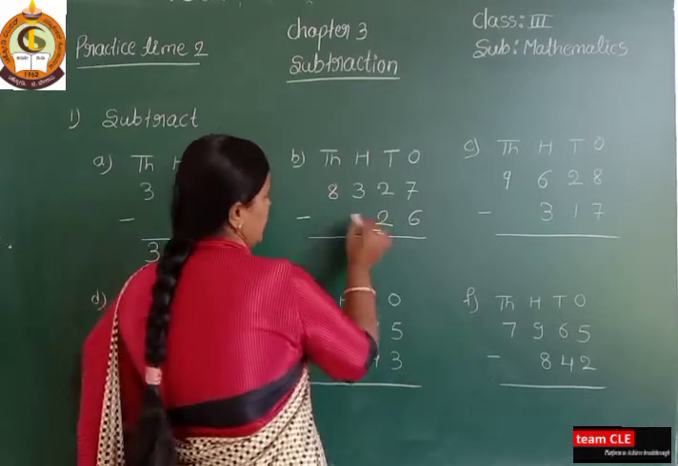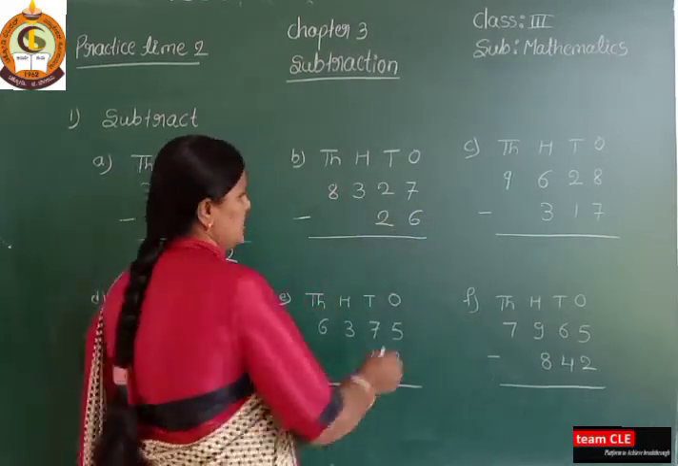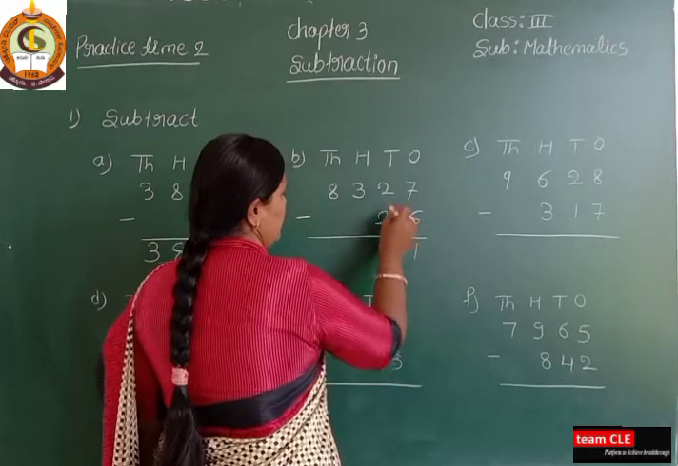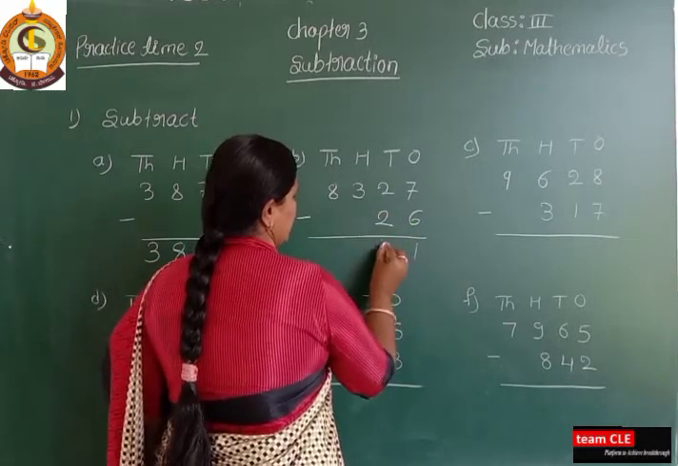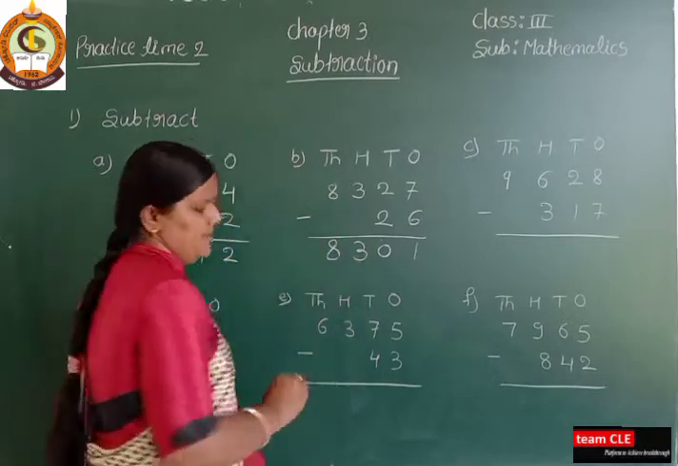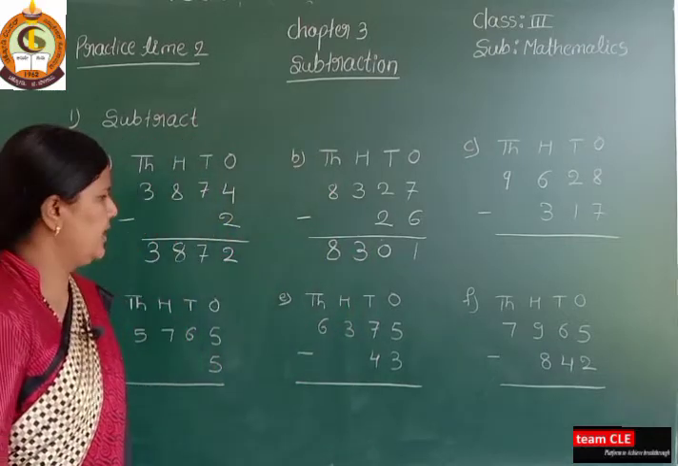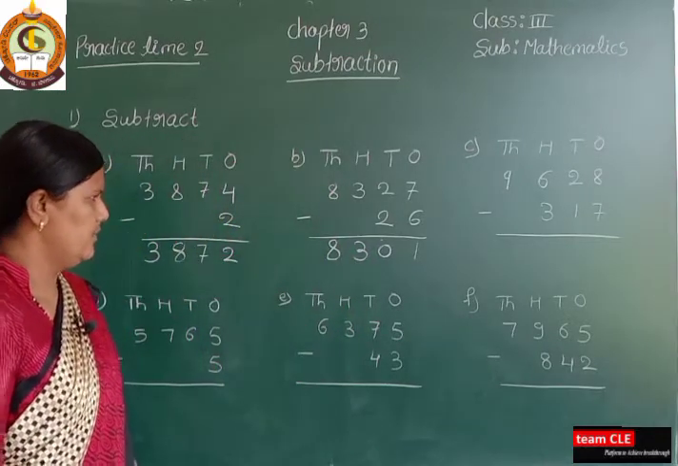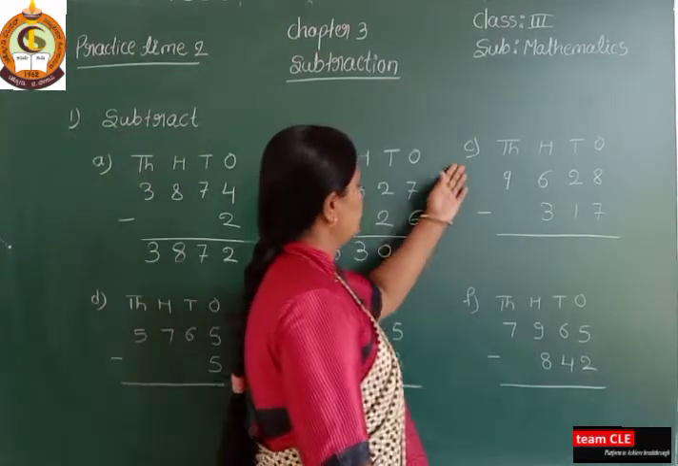8326 minus 26. 7 minus 6 is 1. 2 minus 2 is 0. 3 as it is and write 8 as it is, that is 8301. Next, C1,